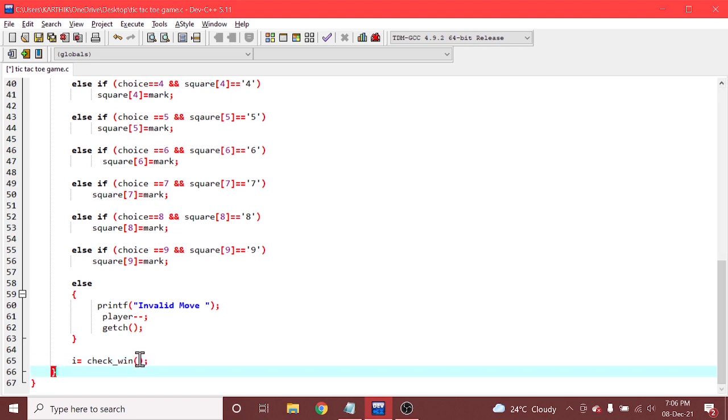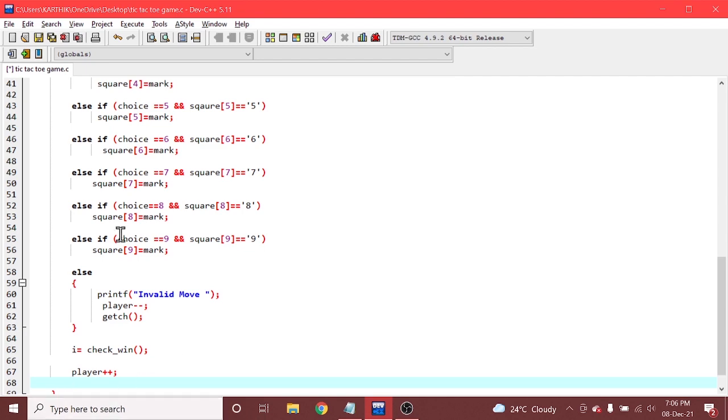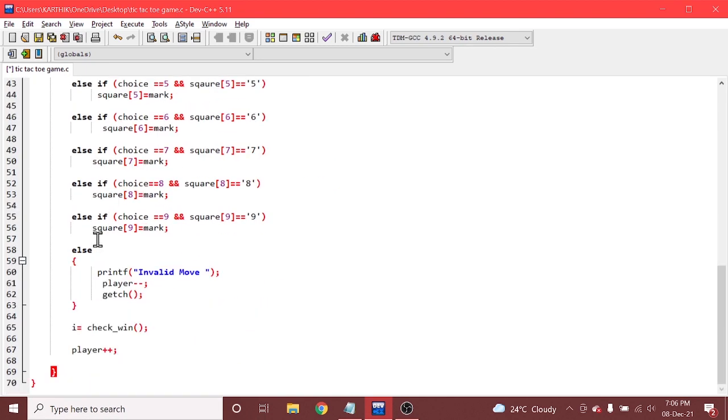After assigning this value, you increment the player value every time. And since this is a do, right, we need to write a while after this do. I'm writing while i is equal to -1, so that it stops in this case.